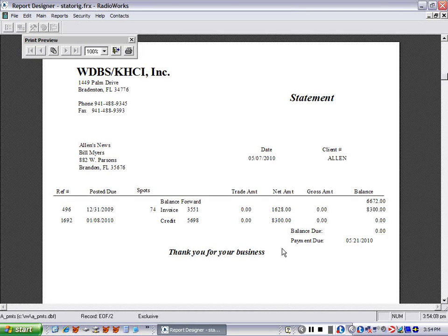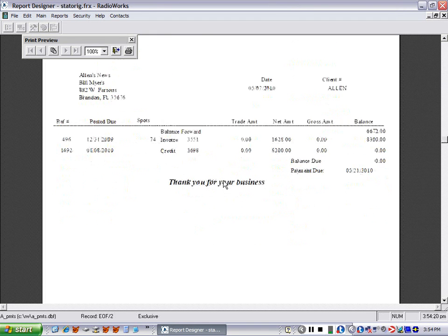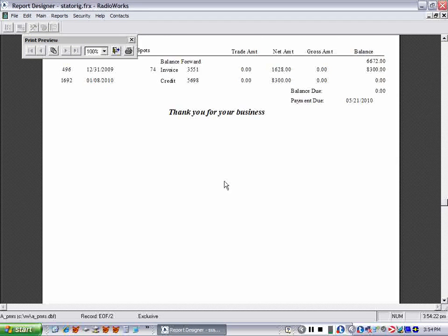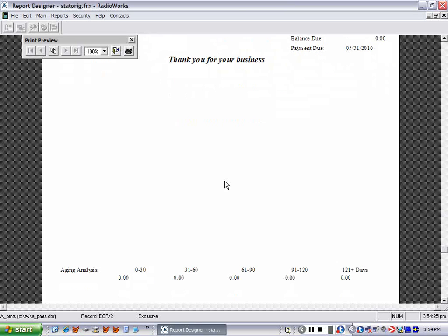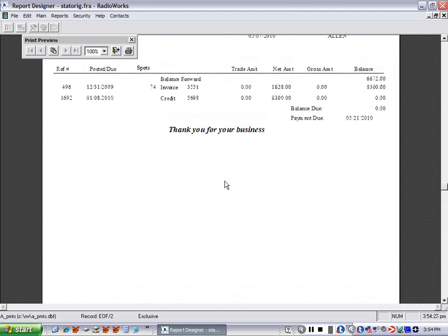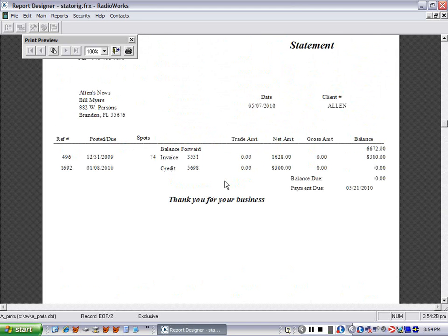And you can print zero balance statements only from the client screen. They will not show up in a batch. Now this is what our customers tell us. They do not want to have these zero balance statements coming out in a batch. They don't want to have to go in and switch them from monthly to none in order to avoid that. So we've set the program that it will not, when you print statements in a batch, print anything with a